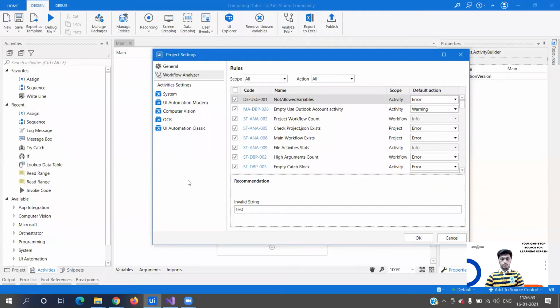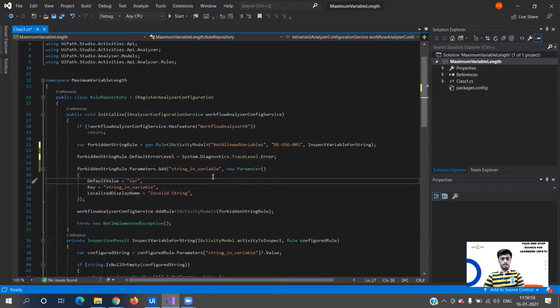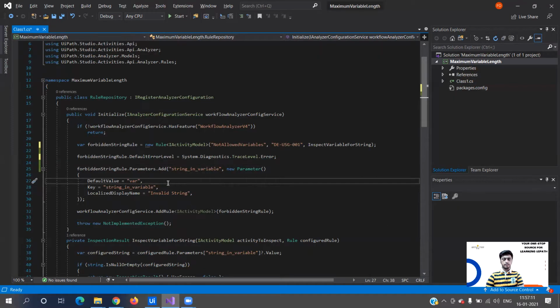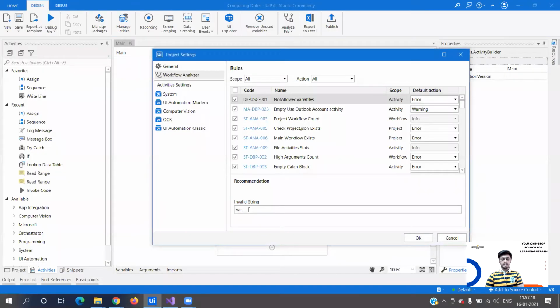Right. So if you see, let me reset it to default. Yeah. Now if you see, this is the title. That is one thing that I need to give. The second is this text box option, which has by default a particular value and which can be changed by the user. Now this is my key for string in variable. My new parameter that I'm declaring is a default value which comes over here.